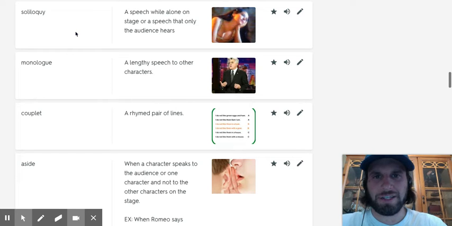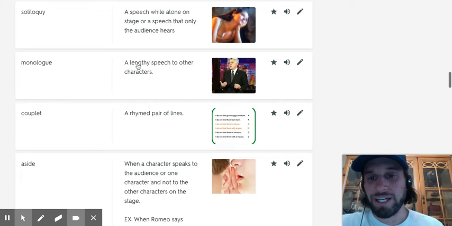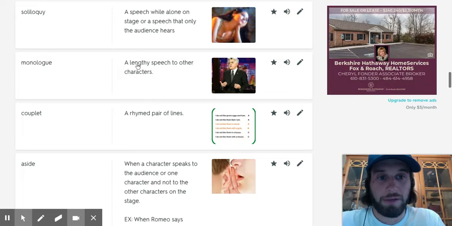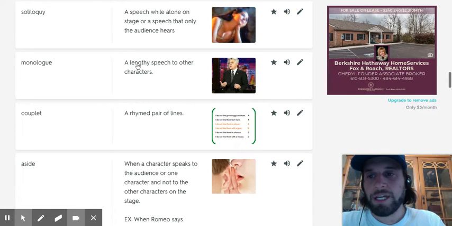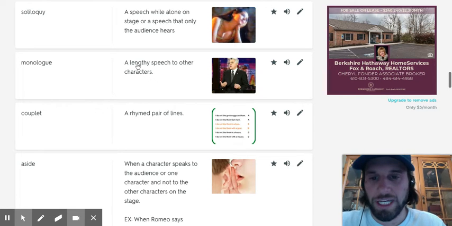When you're reading the text, sometimes you might need to look for some clues to know that this is them talking to themselves. A monologue could be confused with a soliloquy. The difference is a monologue is just a long speech. So a monologue, other characters hear it. It might be a parent talking at length to their kid or a kid talking at length to their parent, whatever it may be. If you look at the words soliloquy and monologue, you might recognize solo or mono, which both mean one. So at any rate, both of these words mean it's one person speaking at length.